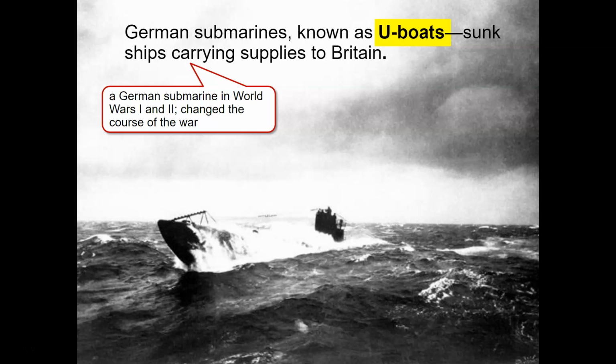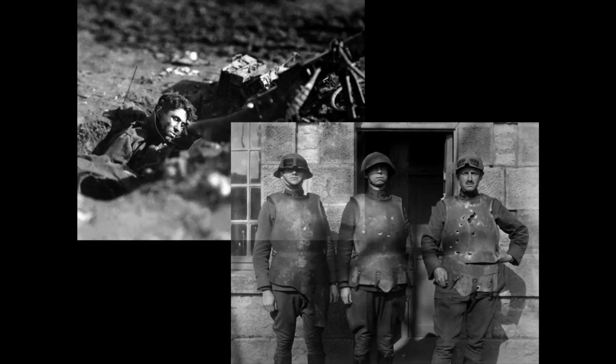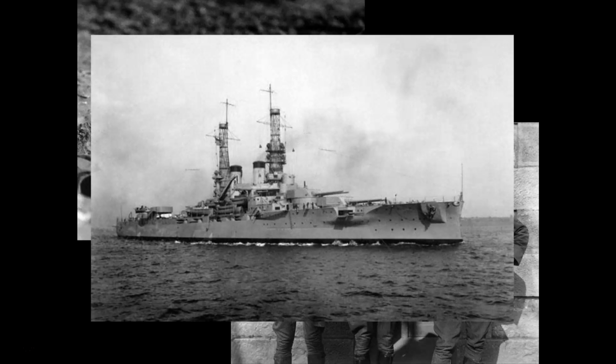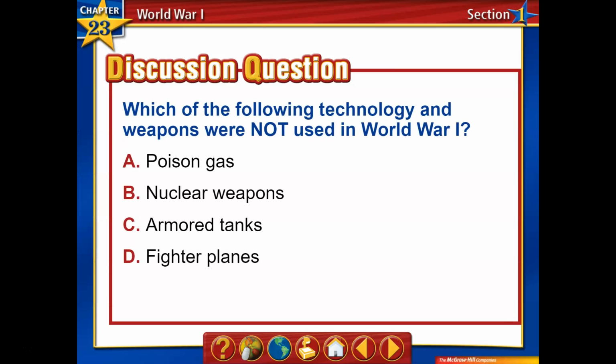Certainly marine warfare is a part of this too. German submarines known as U-boats began to sink ships, particularly carrying supplies to Britain. U-boats are those German submarines, both used in World War I and World War II. They do end up changing the course of the war, and also play a role in why the United States gets involved. Not the only reason, but it's certainly part of it. So certainly this war was quite devastating. Eventually, you're going to see some advancements in technology, and we'll talk a little bit more about the experience of World War I a little bit later in this unit.